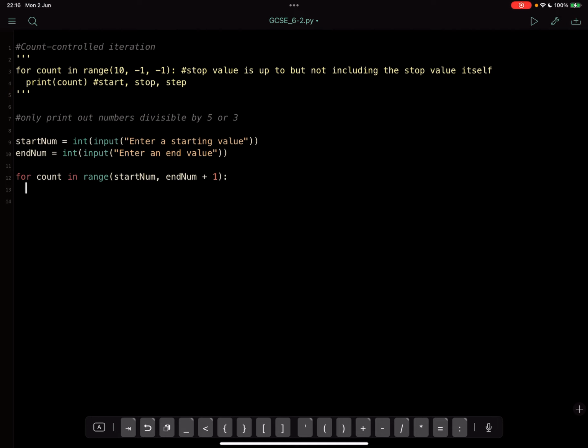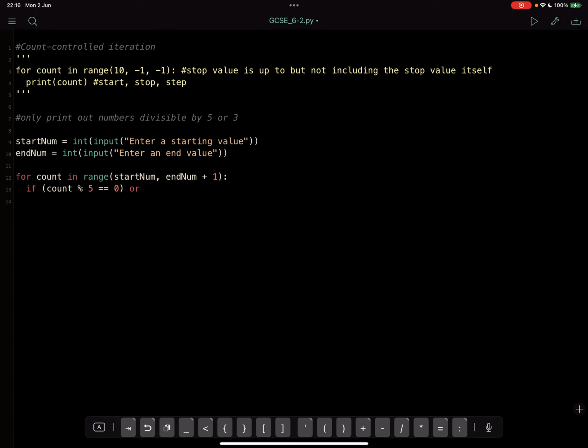So we've got a loop that we're going to go from a starting value to an ending value, and we've got this condition that we want to have. So when we have conditions, we have our selection. If something is something, do something. So in this case, if count, what we want to be checking here is if something can be divided by 5, if it's evenly divisible by 5, or it's evenly divisible by 3, the remainders should be 0. So the logic here would be, if whatever our number is, modulus, the modulo operator, 5 does equal 0,